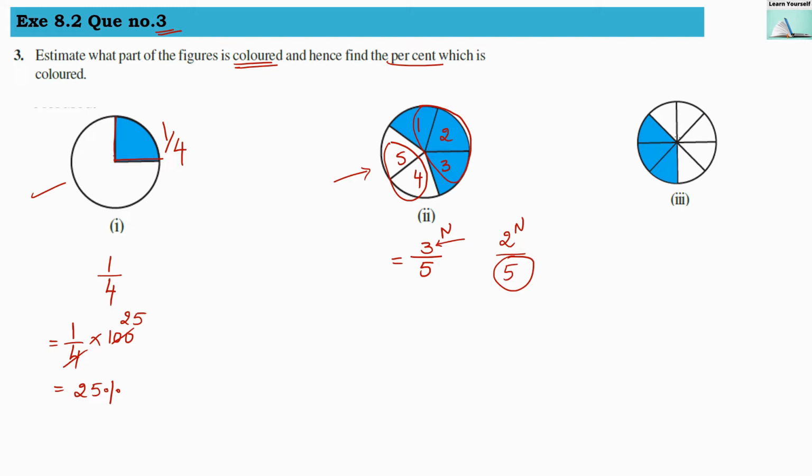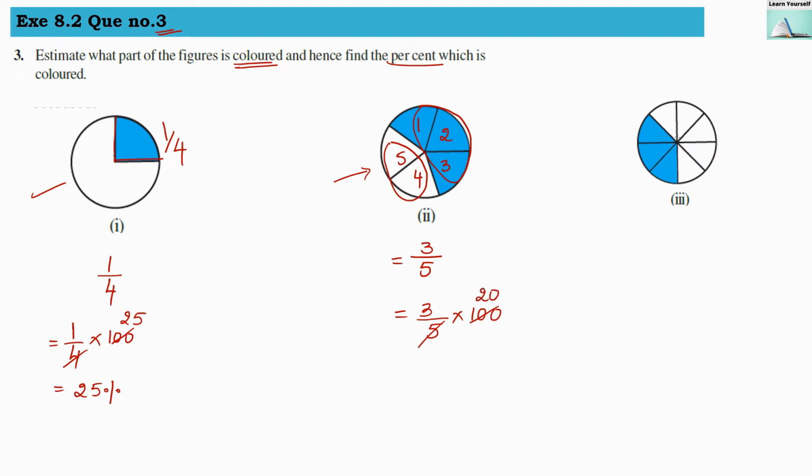Here we are going to find out the color portion. So we are going to use this 3/5 fraction. If non-color parts we are going to find out fraction, for that 2/5 will be the answer. So 3/5. Now let us convert this fraction into percentage form. So in multiplication with 100. So